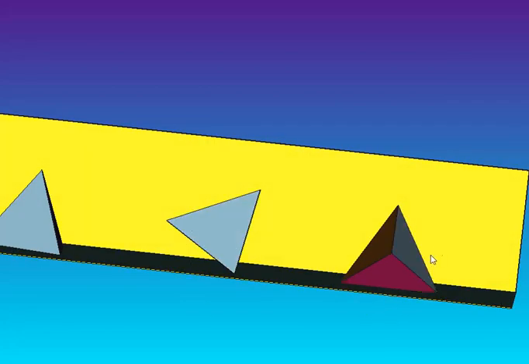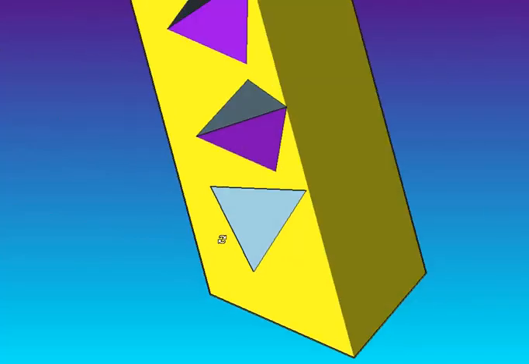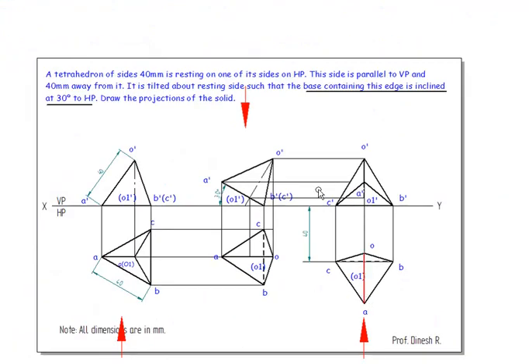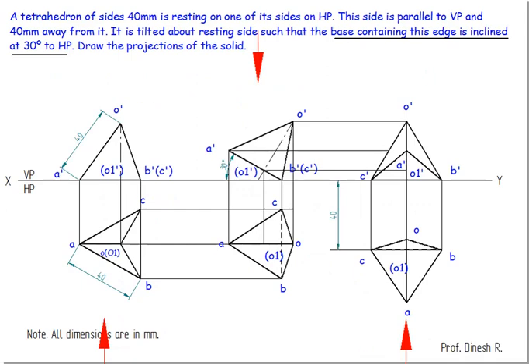In the same way, if I tilted the other way, instead of rotating this way, I'll be able to see only the base. Only one face will be seen. All these edges which we have drawn here will be hidden lines if I tilt the other way. Hope you understood, and have a good day.